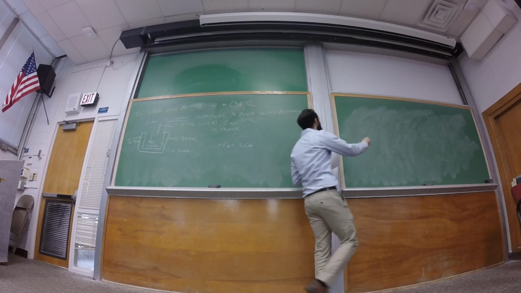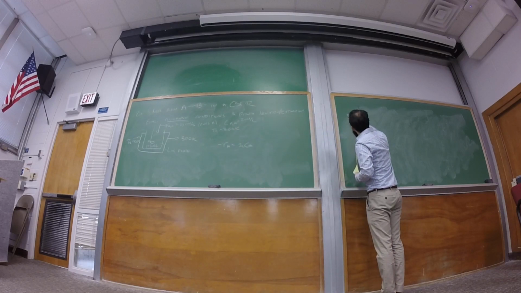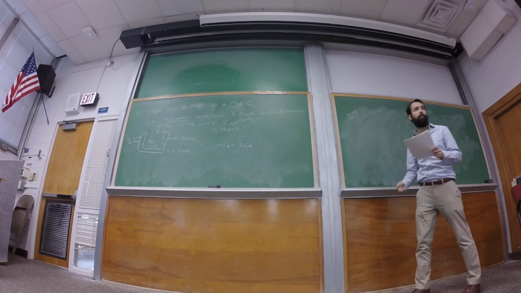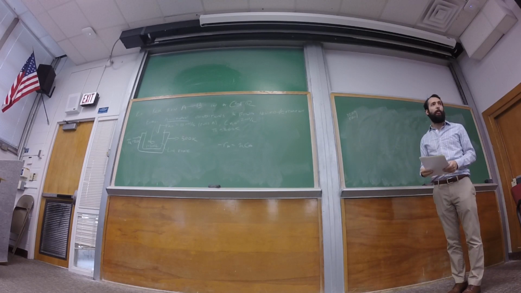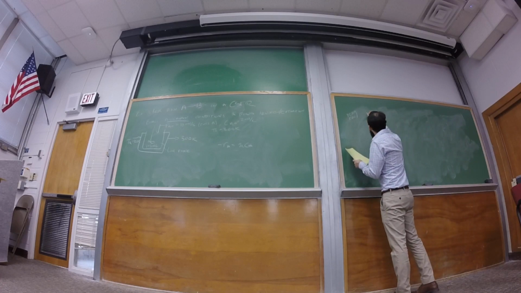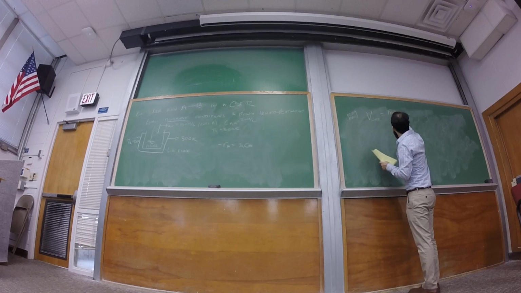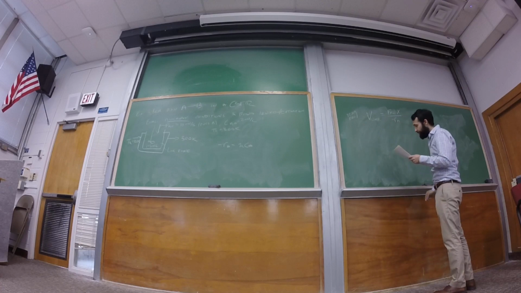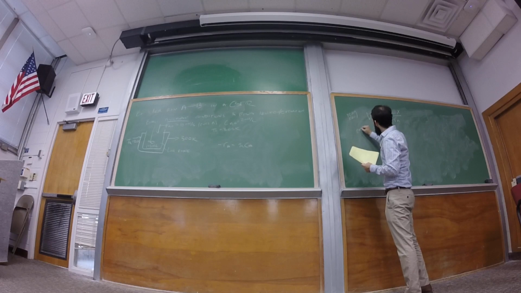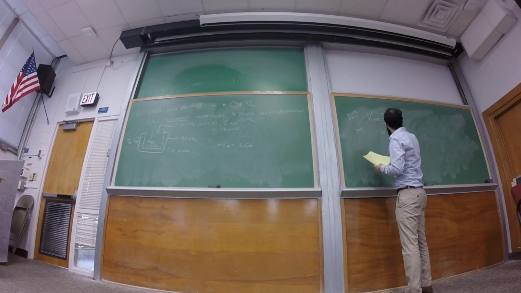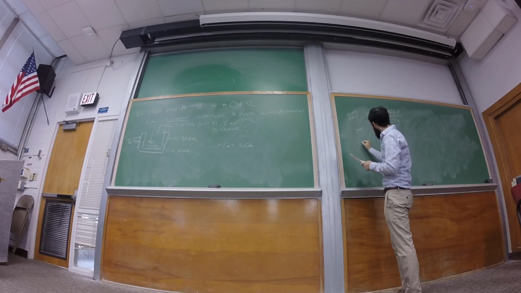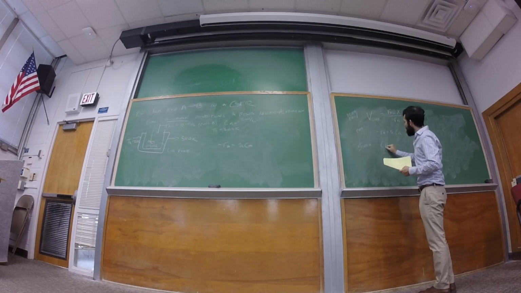Okay, so what's the material balance, aka design equation? Volume of a CSTR is equal to what? The rate equation, I've already put on the board. What about stoichiometry? Concentration of A is equal to the flow rate of A divided by the volumetric flow rate